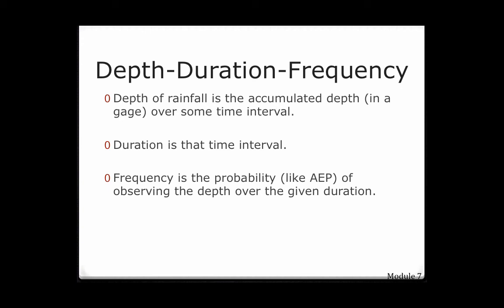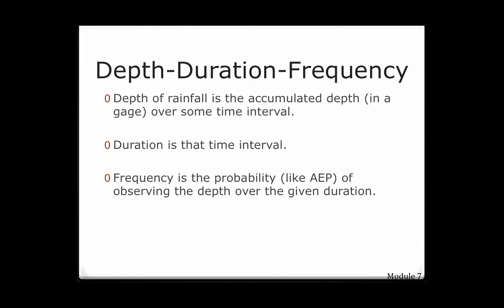caught in a gauge. Think back to our garbage can watershed representative. Now that garbage can represents a rain gauge. So if an hour goes by and we get 3 inches in the bottom of that rain gauge, we would say we captured 3 inches for that hour. Another hour goes by, 1 more inch comes in. What's the cumulative depth? It's 4. So we get 4 inches in 2 hours, and so on. Duration is the time interval, that 1 hour, that 2 hour, that 3 hour, whatever the